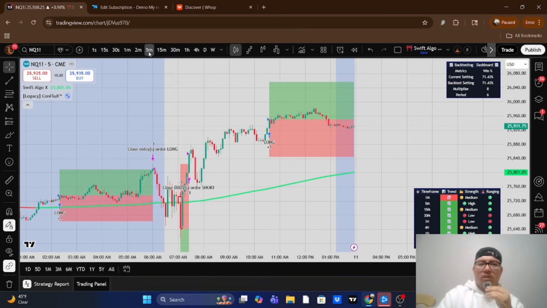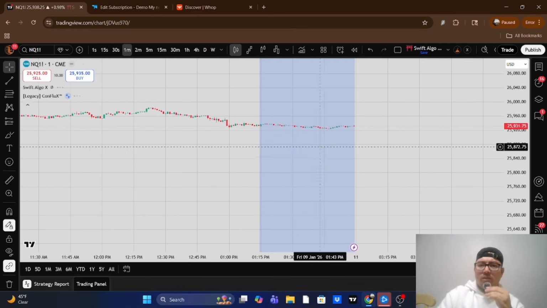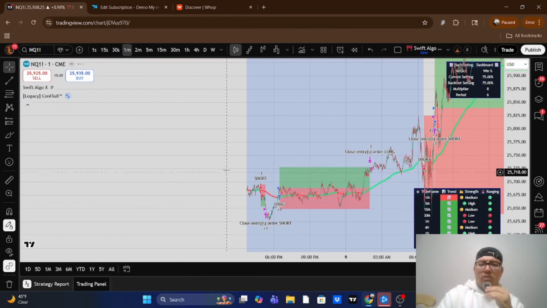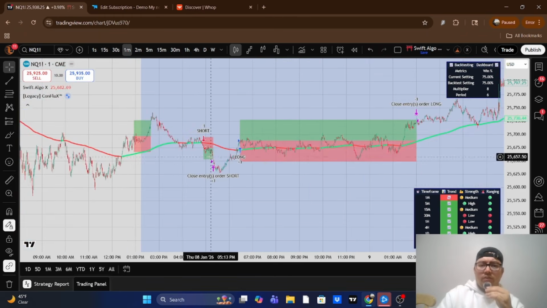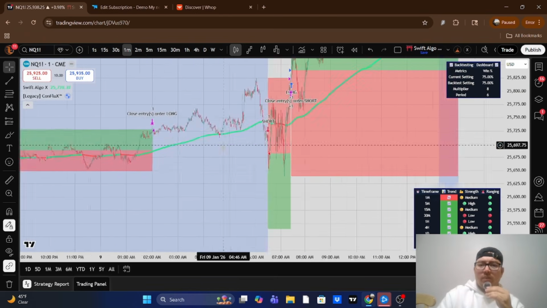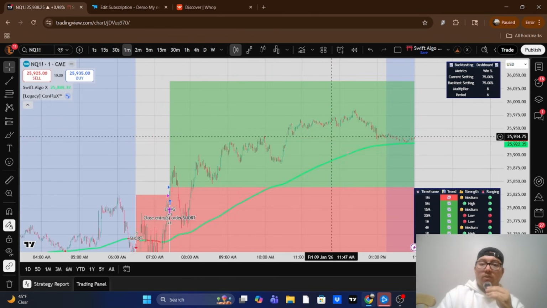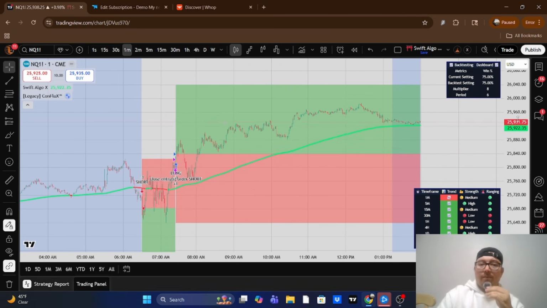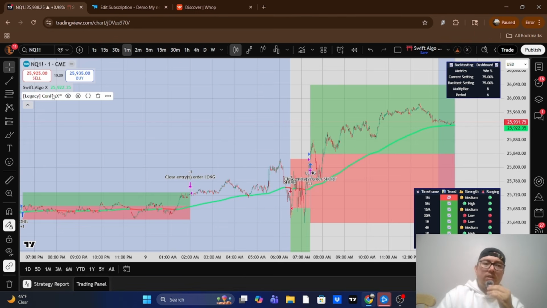So this was on the 5-minute time frame. I think I did this on the 1-minute time frame actually. So yeah, I won this trade, won this trade. This was a loss, but I was actually back in profit. So I almost broke even there, but I'm still testing what the best settings are